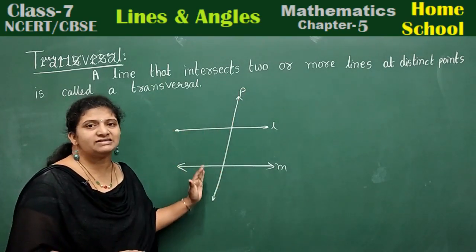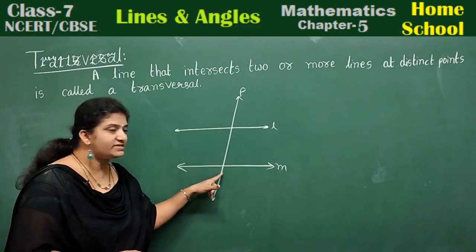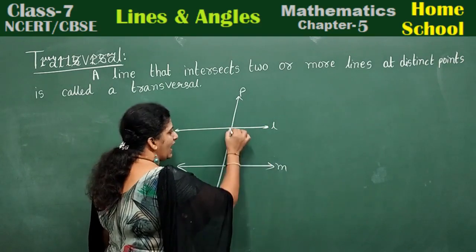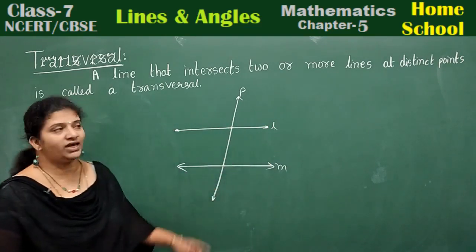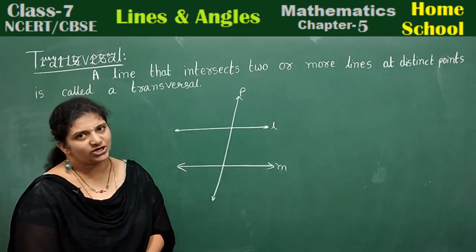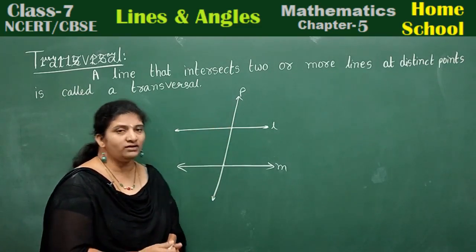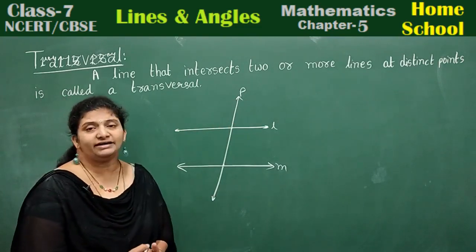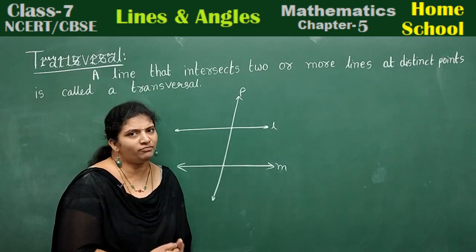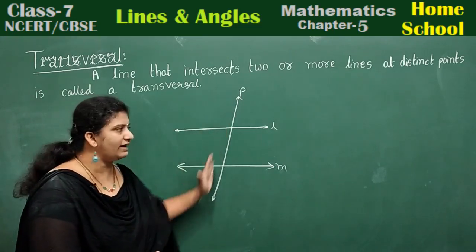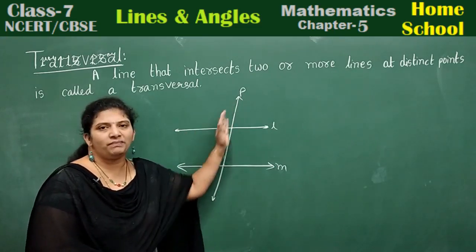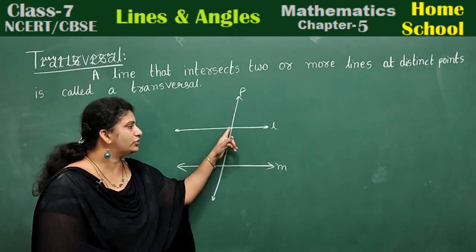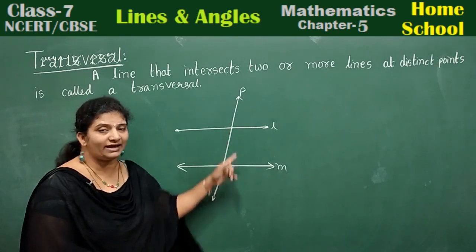Line P is intersecting the two lines L and M at two distinct points. Then we call this line P a transversal. Once again I repeat, a line that intersects two or more lines at distinct points. Distinct means different points. Then we call this line a transversal. Line P is a transversal because it is intersecting two lines, line L and